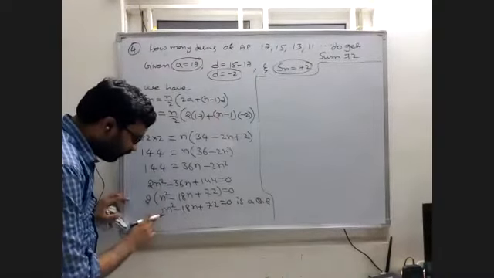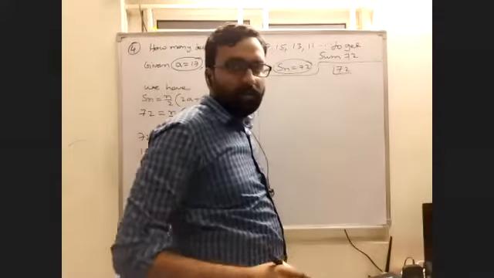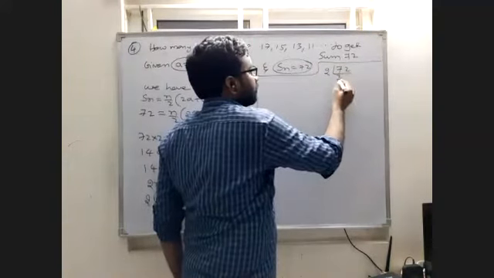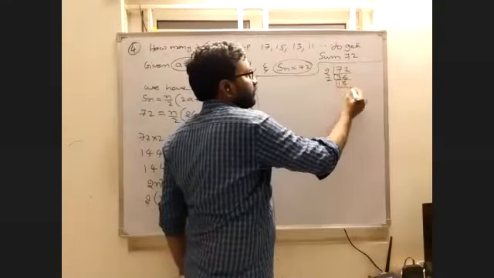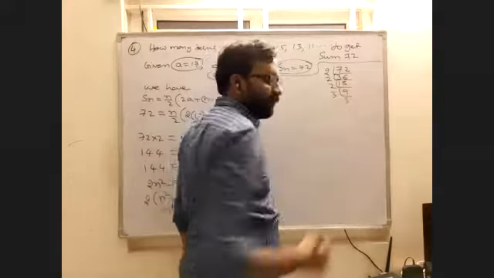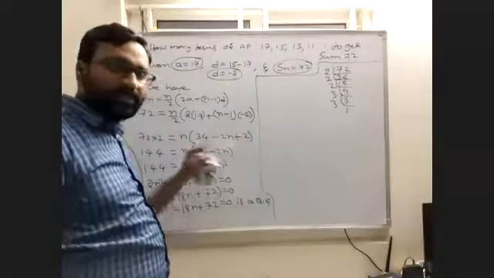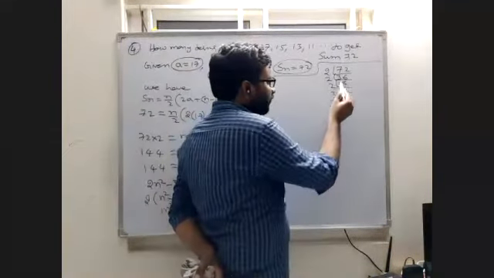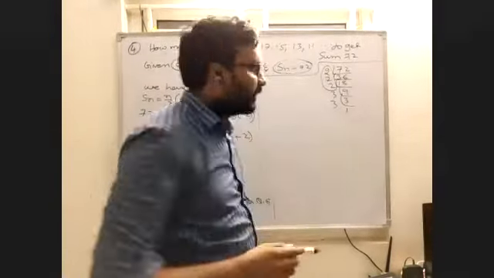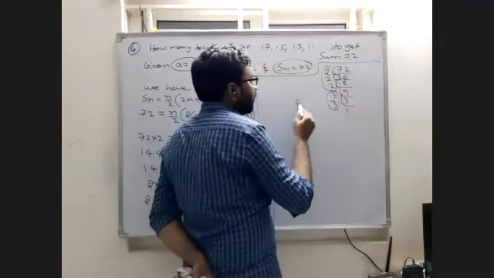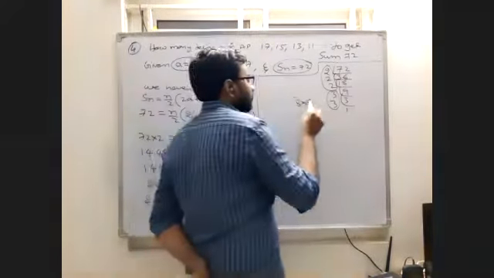The coefficient is 1, so 1 into 72 is 72, and we need factors that add to 18. Trying 8 and 9: 8 into 9 is 72, but 8 plus 9 is not 18, so that is wasted. Next